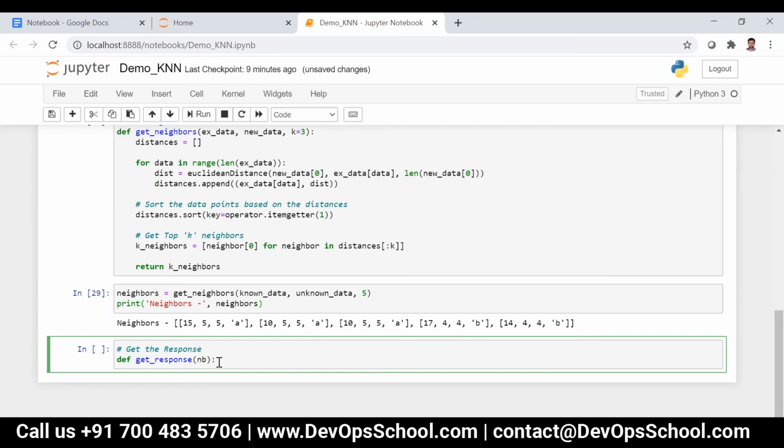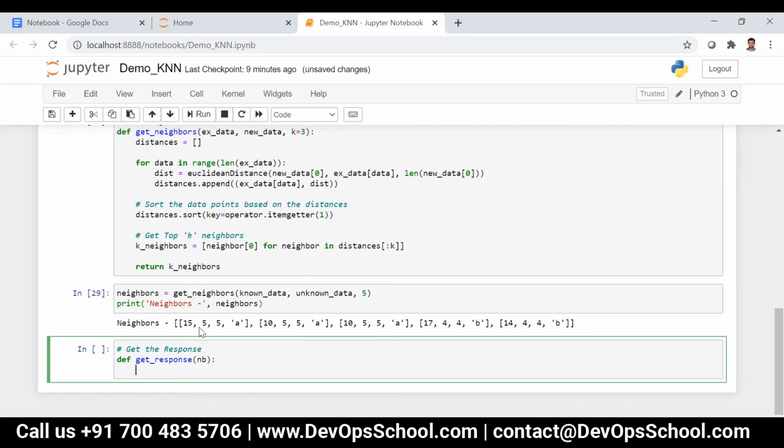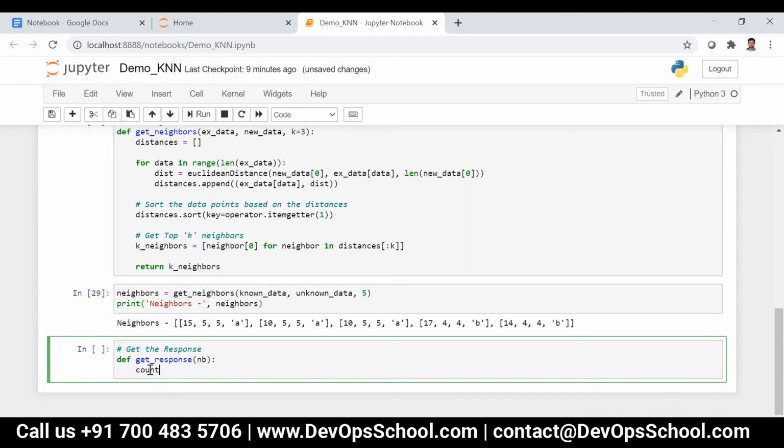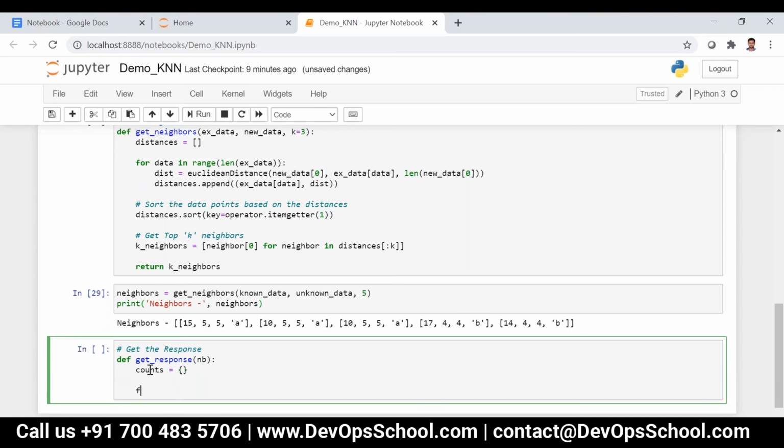So what can I do? I have to count the number of occurrences of A in each and every data point. First I can initialize count, and then I can say for x in range of len of NB.